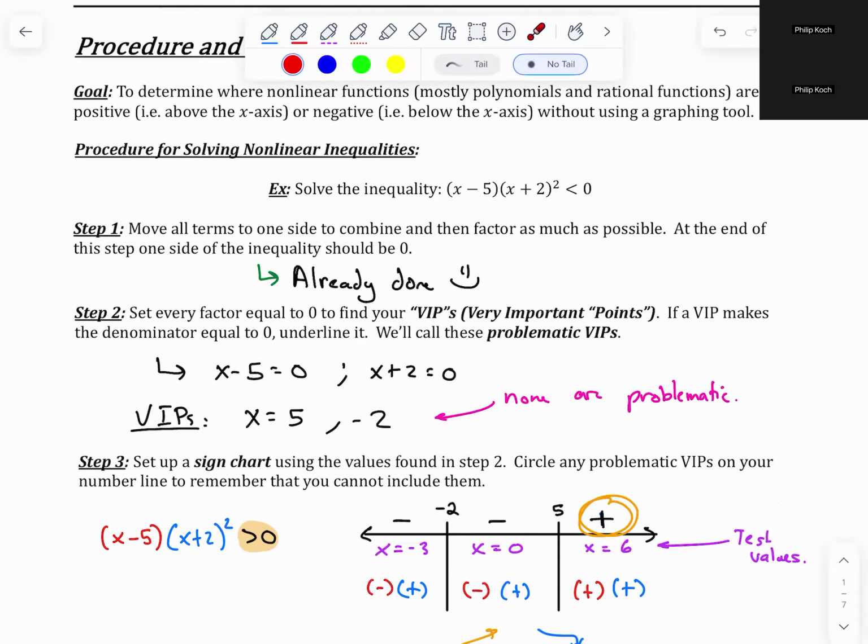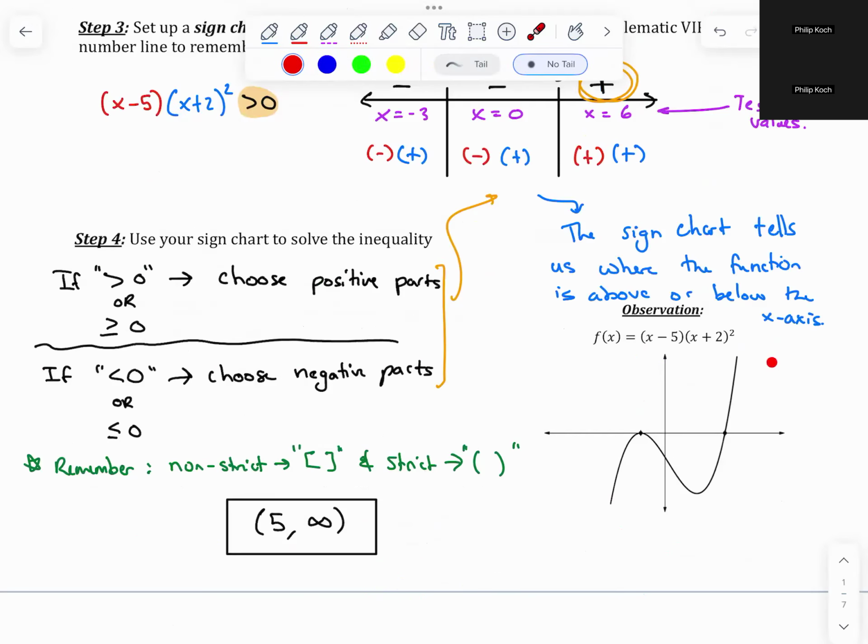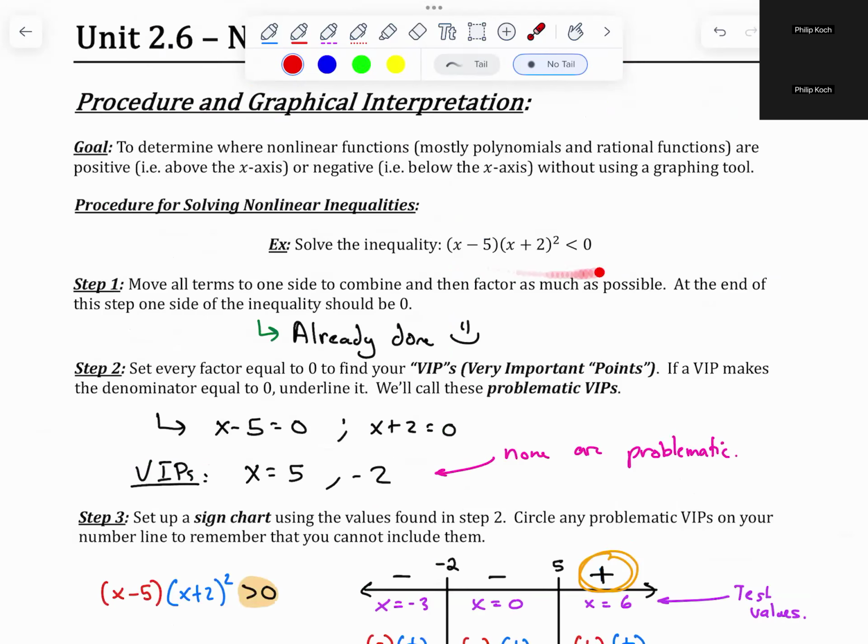So in essence, this question here, solve the inequality, is really saying find where the... it's so laggy. There we go. Okay, so I have to be really careful while I'm doing this. I'm going to be pointing to the screen. Sorry, people watching the recording. This expression, x minus 5 times x plus 2 squared, if you think of it like a function, then what this problem is asking is to find where the function